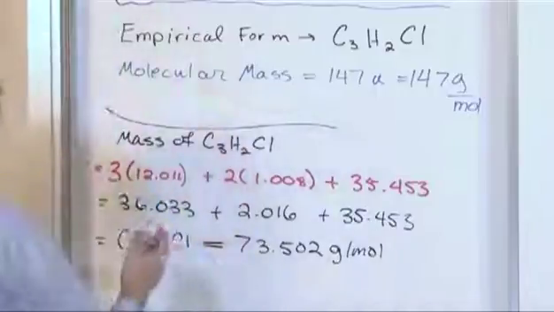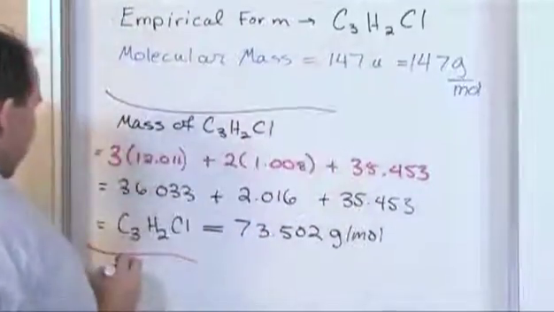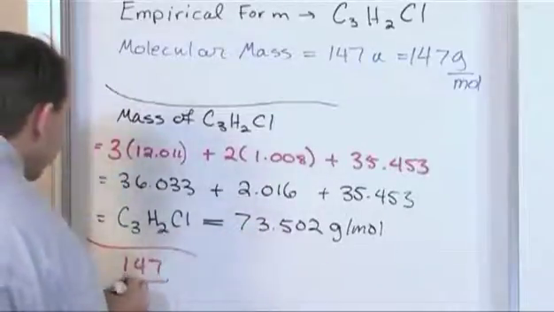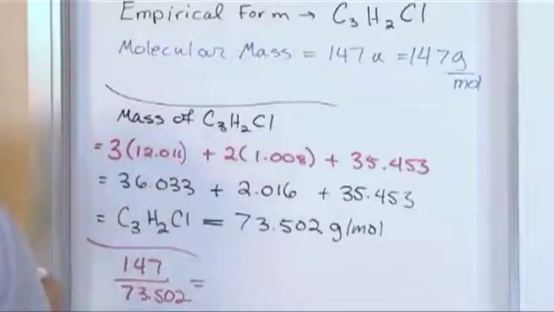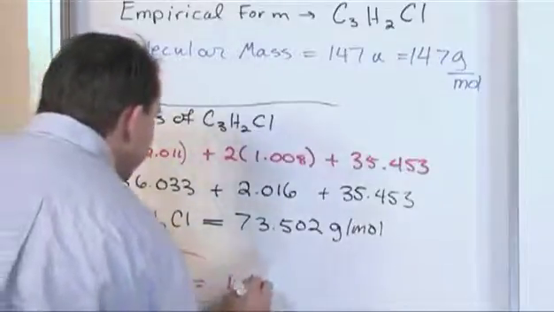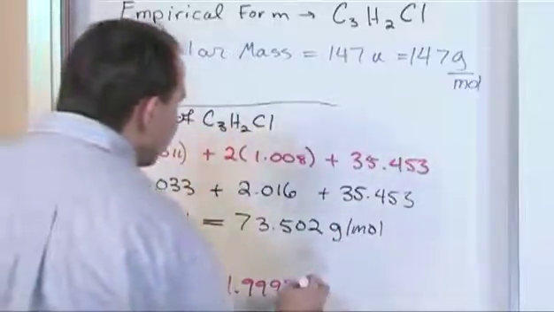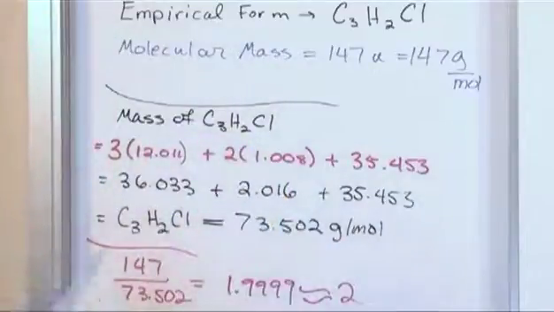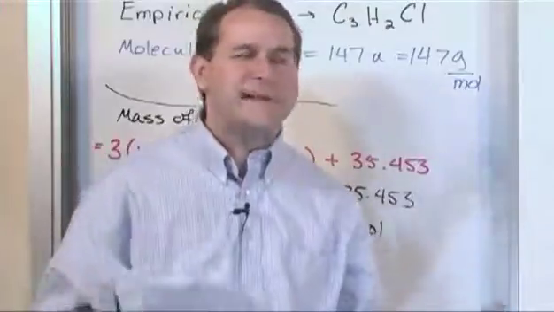So if we just look at this guy and we say, all right, the molecular one has a mass of 147 grams per mole. The empirical one has a mass of 73.502. When you take these and divide them in your calculator, it's going to be 1.9999, which is basically, for all these calculations, so close that we're just going to say it's a factor of 2 bigger. So what we have learned here is that whatever the molecular formula is, it's basically twice as massive